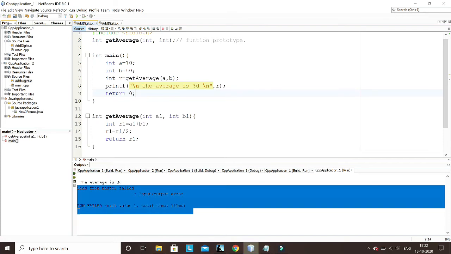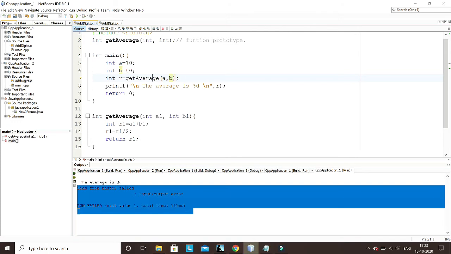Okay, so how is it working? Let me explain this code again. There are two variables here, a and b. I want to calculate the average of these, and that average value is required in the main function. Previously, I wanted to print a line, so I was just passing the print character, the value, and the length of the line, and then calling the function. The function was printing that line, and that's it. The task was done. Now the requirement is different.